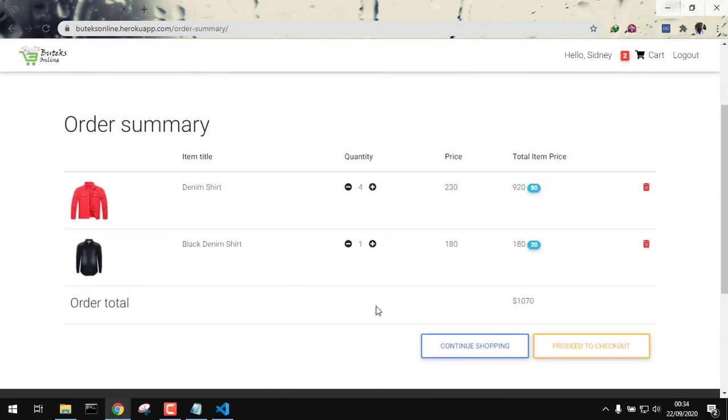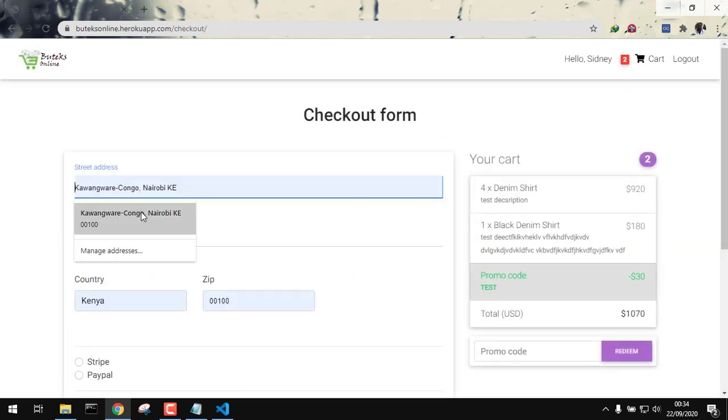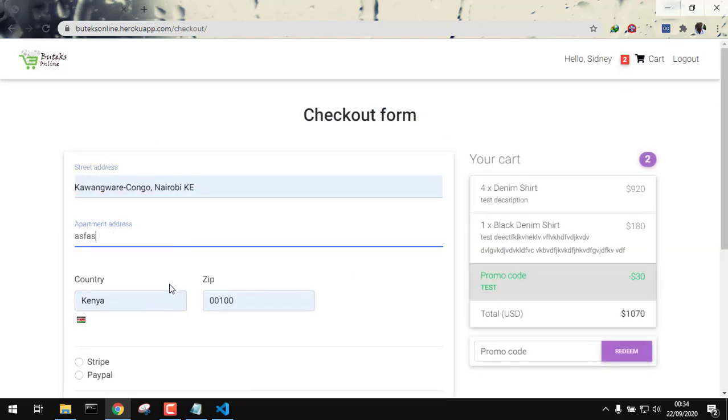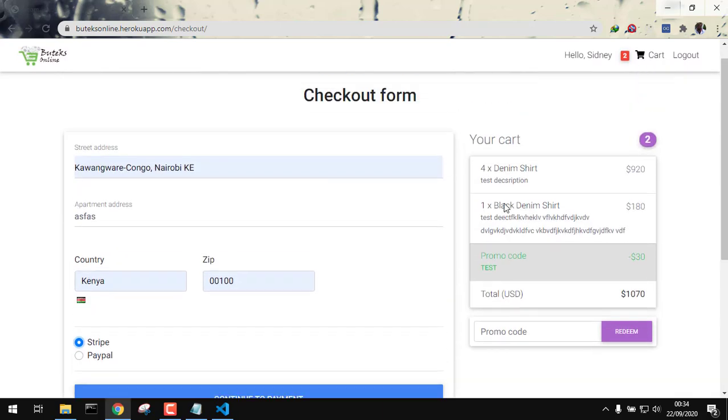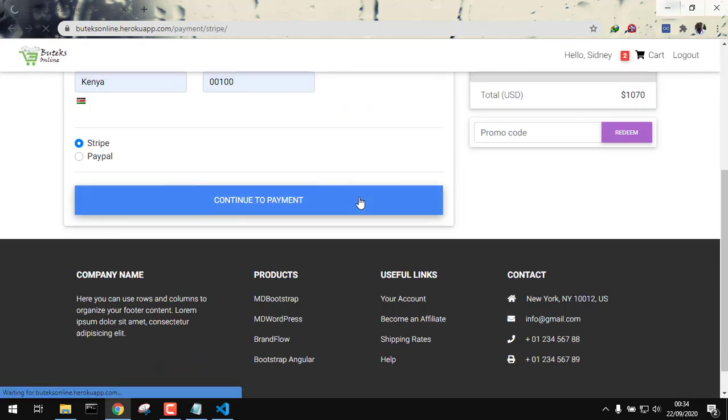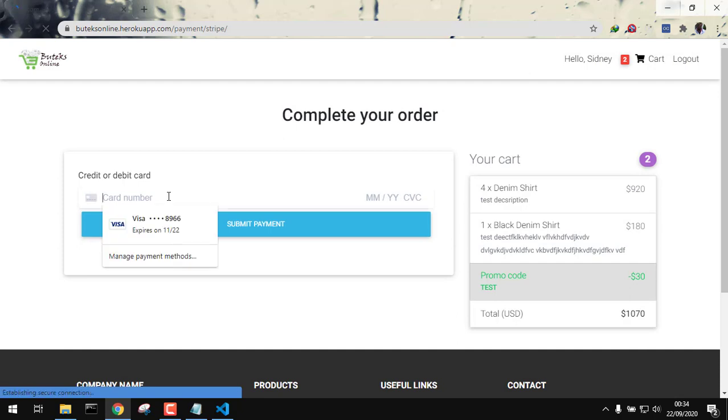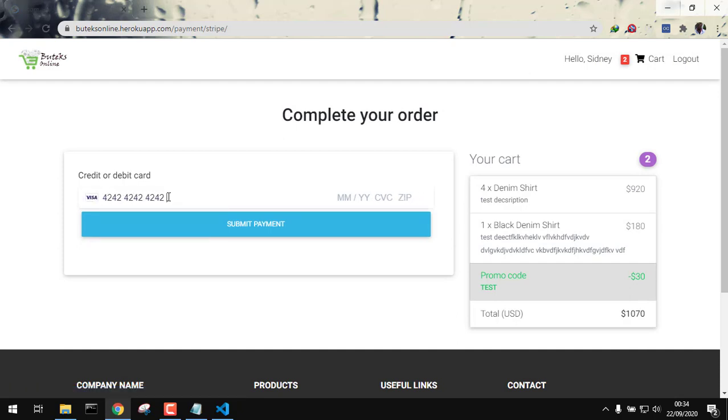We have our items showing there. We can proceed to checkout and try to complete the process. We can add an address, select Stripe as the payment method, and continue to payment. After that, we can fill in the test Stripe credit card number, which is just 4242 repeated,